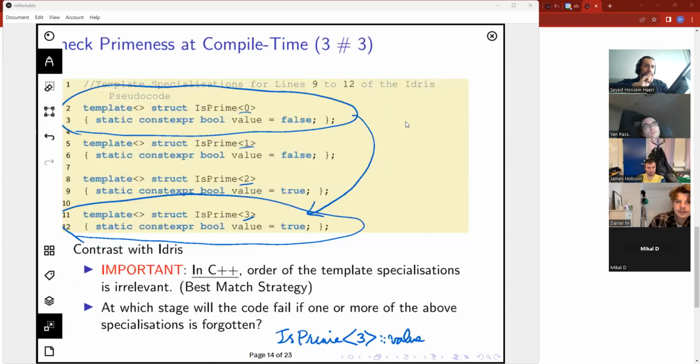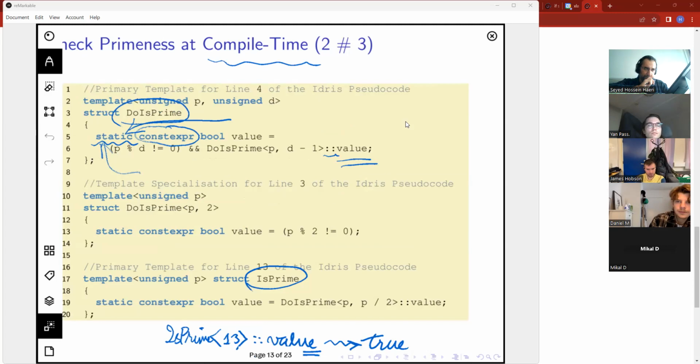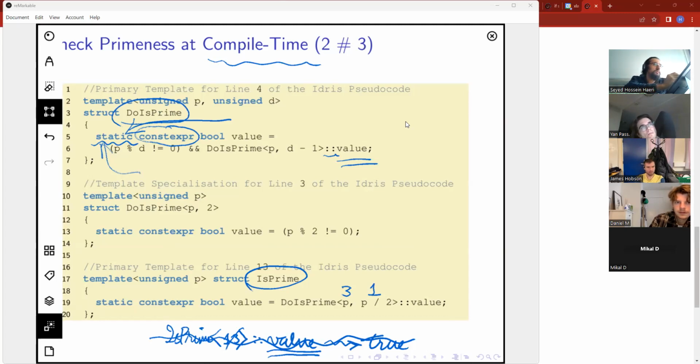Right. Because you give it the 3 and then it goes to line 13. No, this is for before, and that will trigger line 17. Then it will recurse to 3, 1, and so it will go up to 2 and then do that one.